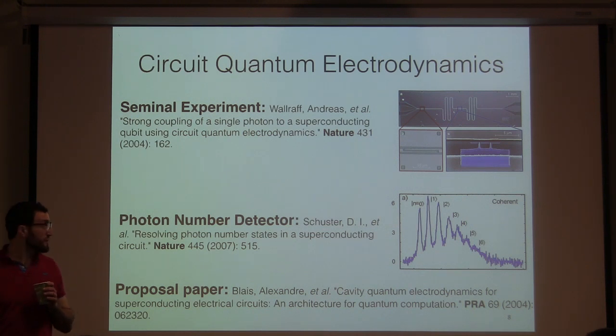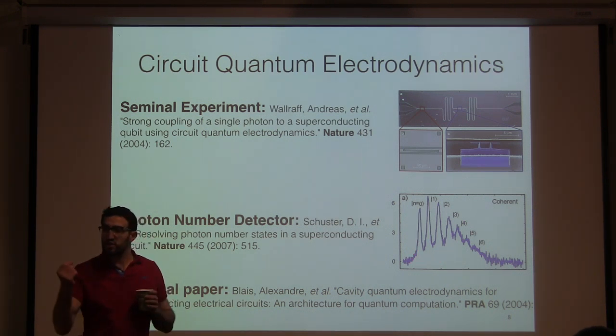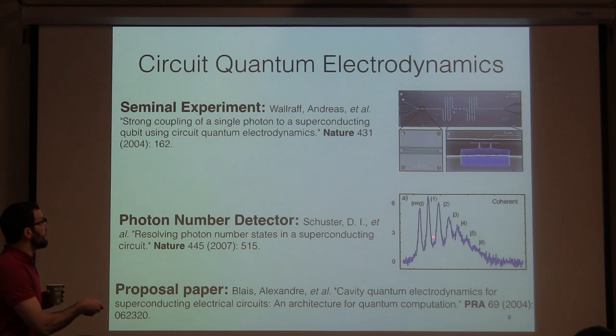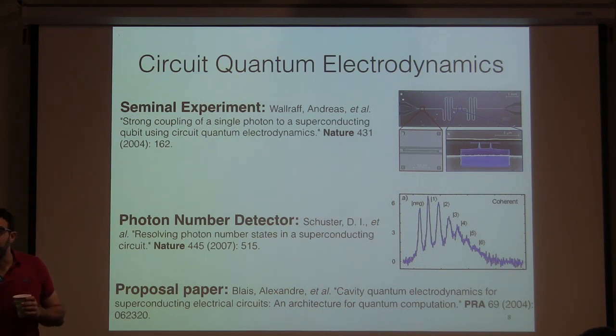The difference between doing this with optical photons and with microwave photons, and I can say this because I'm an optical cavity QED person, is that circuit QED works much, much, much better. I dropped about five muches there. The point is, this is an early work from Dave Schuster, Rob Schoelkopf and others, where they can, in a single shot, distinguish the number of photons in the cavity by the shift of the cavity resonance due to the coupling of this qubit.